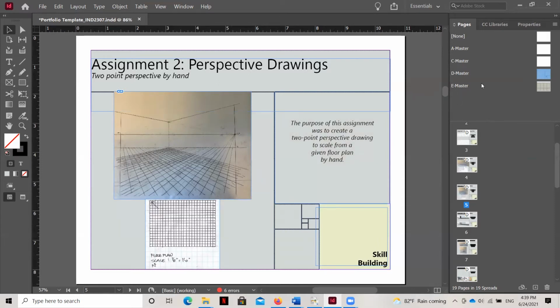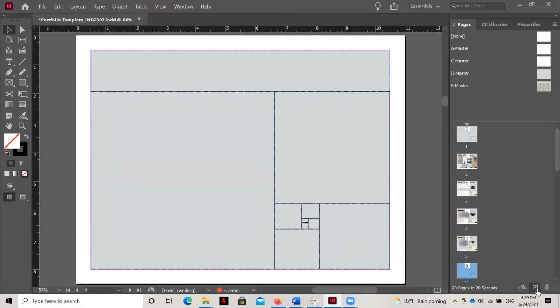So now that you have an understanding of how master pages are created, I'm going to just show you really quickly how to make a new one. All you need to do to create a new one is make sure that you're selected up here in the master page section, and you just hit this plus sign and you can create a new master page. Oh, pardon me. You can see when I clicked that button, I was still clicked down here, and so it created a page down here that was D. In order to create a master page up here, I can go up here and click a new one. And see, you can see a new one's been created.